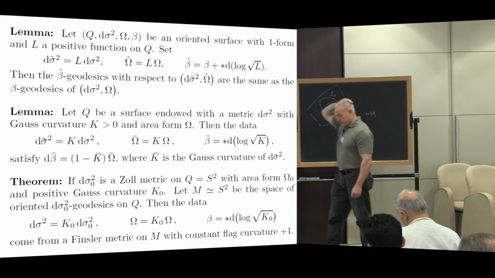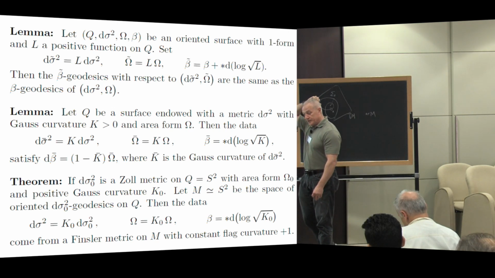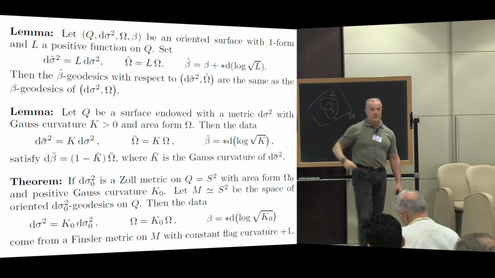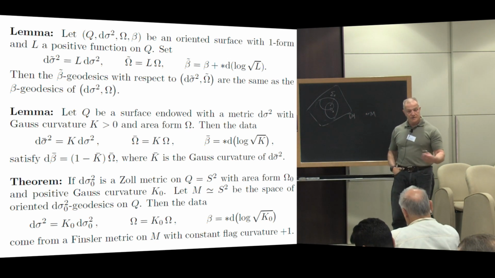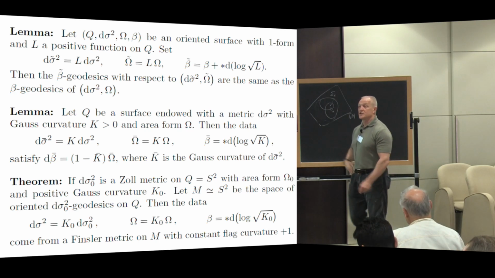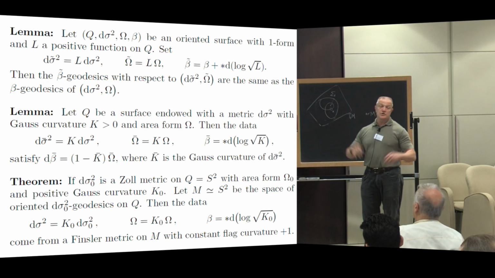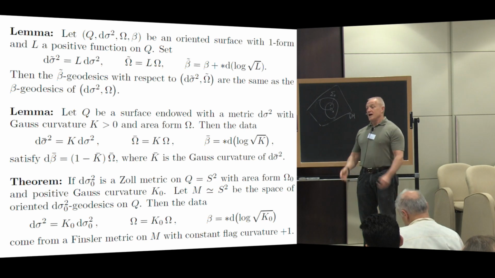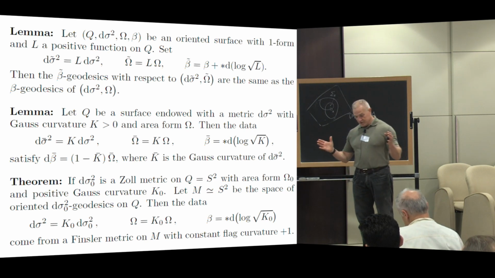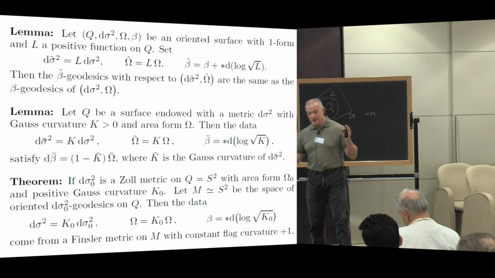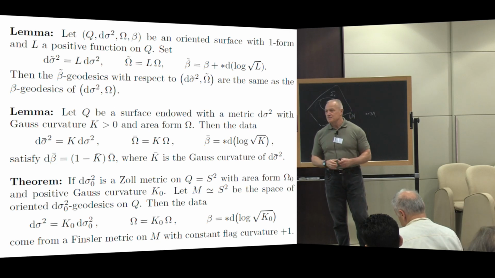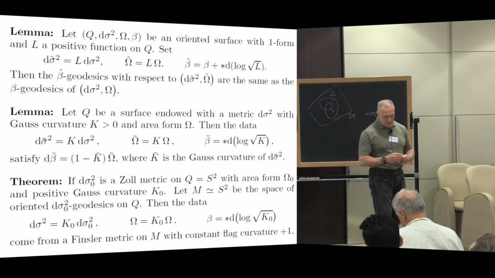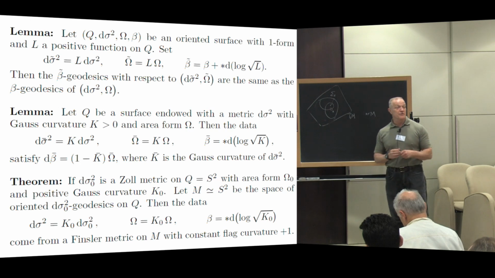So the end result is that the space of the microlocal solutions of the equations for constant flag curvature +1 turns out to have the general solution depending on n times (n plus 1) functions of n plus 1 variables. That's the takeaway. So there are lots of solutions locally. And there are also lots of solutions globally, by the way. You can even impose the condition that the geodesics be projectively flat, and there are still lots of solutions. So lots of global solutions on the n-sphere.